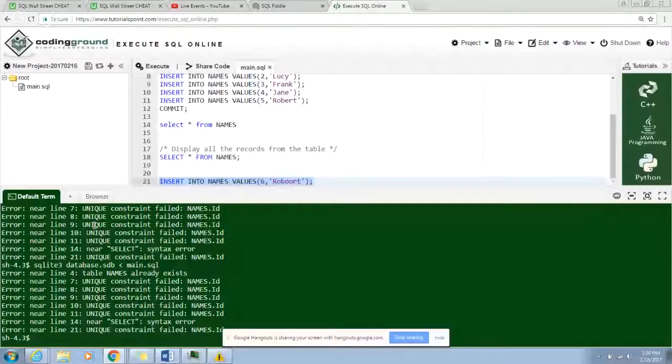So you can see what it's telling us is that there is a unique constraint violation. So it is telling us that it does not like what we are trying to insert into our database, and also